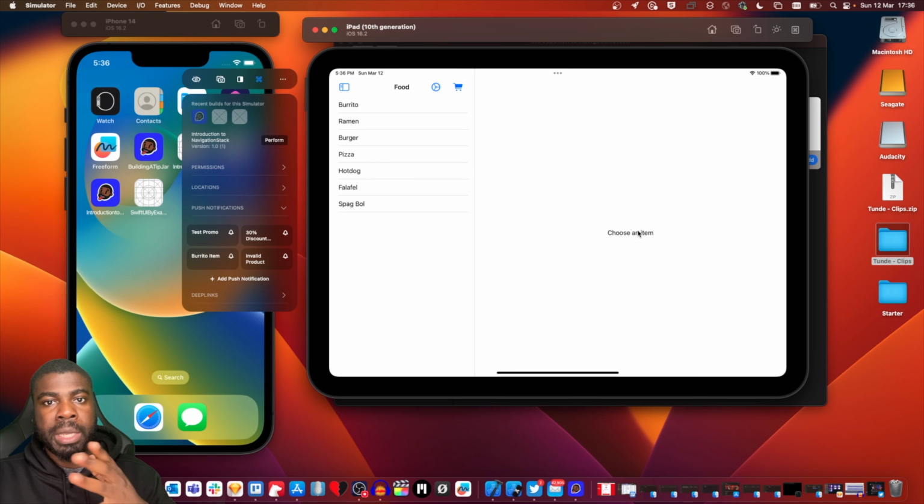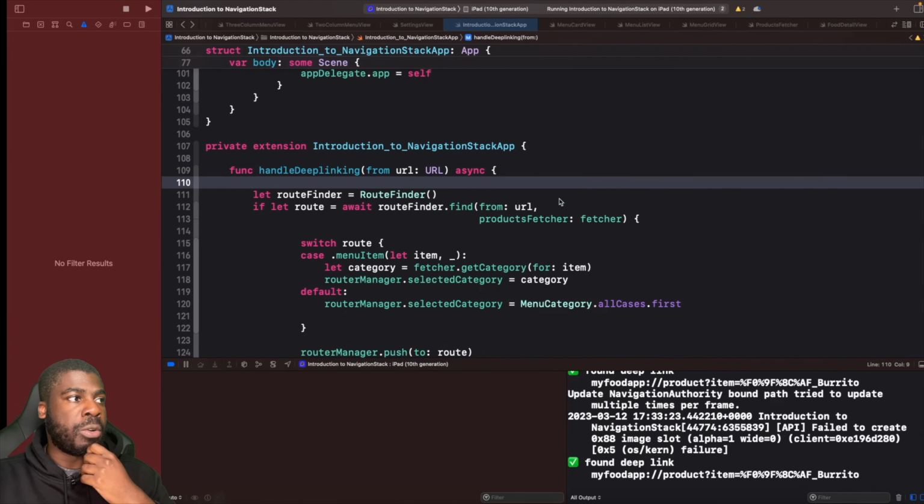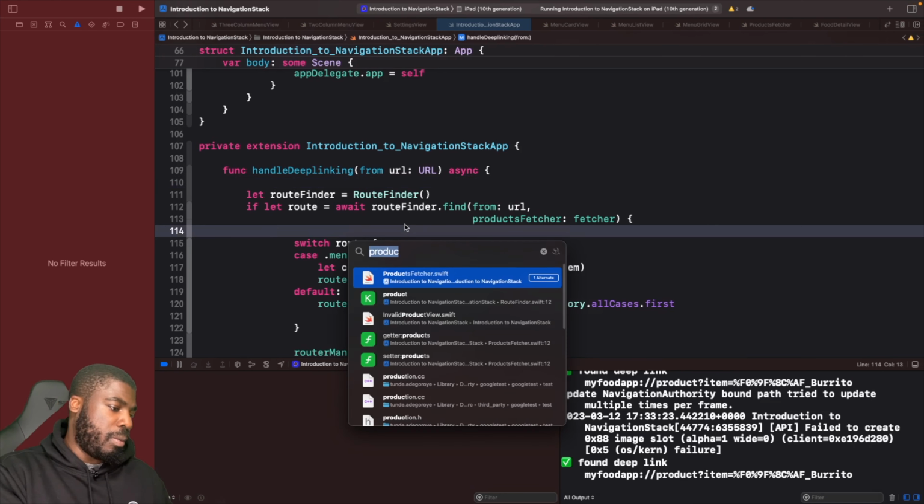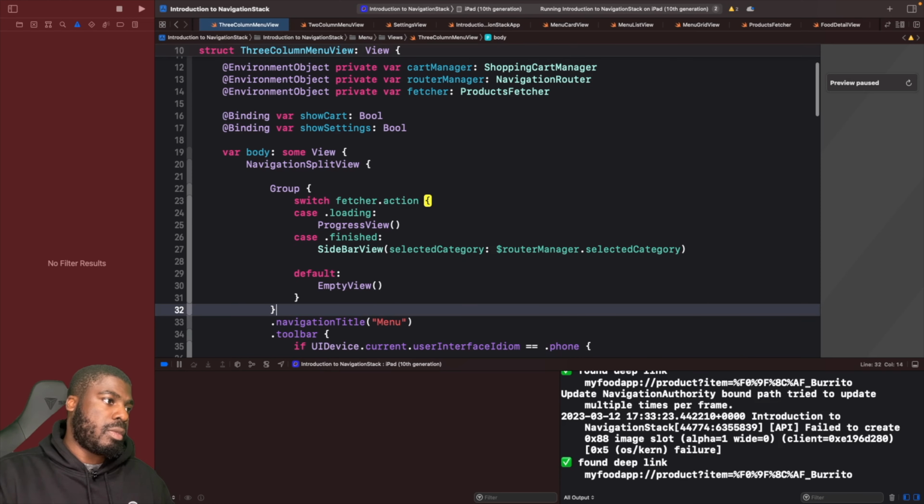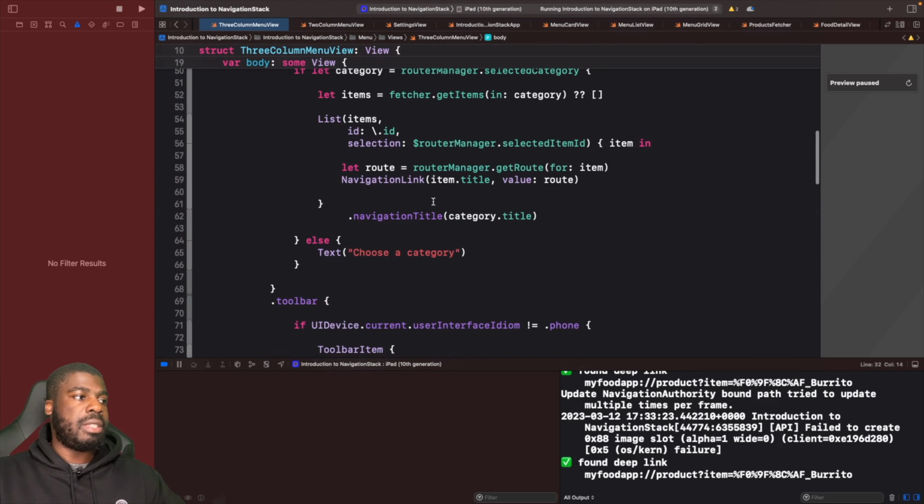And what we want to do is actually wrap the detail within a navigation stack so we can still push to an item if it's like a promotion. But if it is an item, like a menu item, we can select it from here and it will show up here. So let's go into our 3-column view. And if you scroll down to the detail,